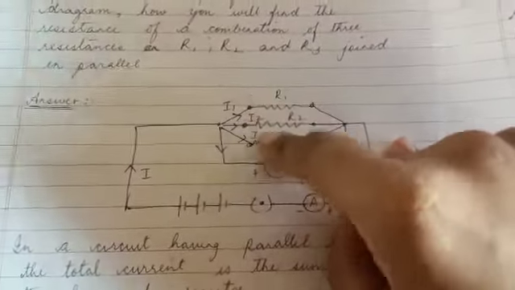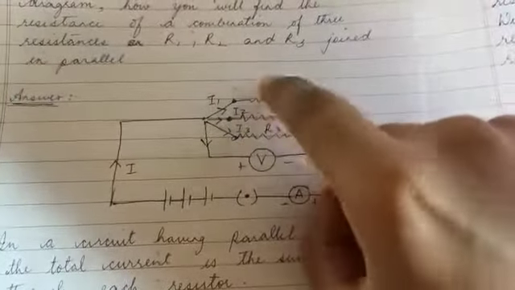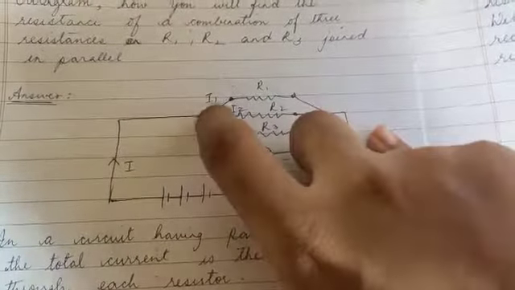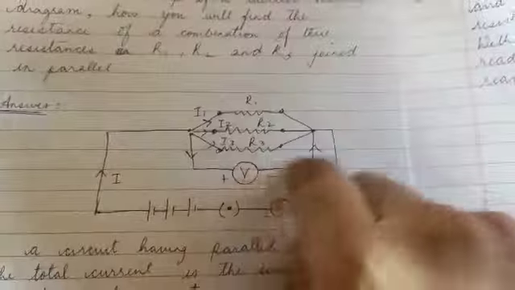Here you have a circuit diagram where you have the current coming out of the positive terminal here. It comes at this point and splits into three branches passing through each resistor R1, R2, R3. So the current I splits into I1 plus I2 plus I3. So I1 plus I2 plus I3 is the total current I. It passes through each resistor, and it comes out through I.